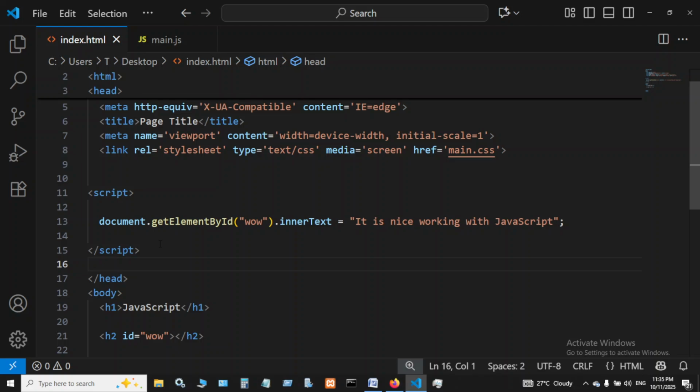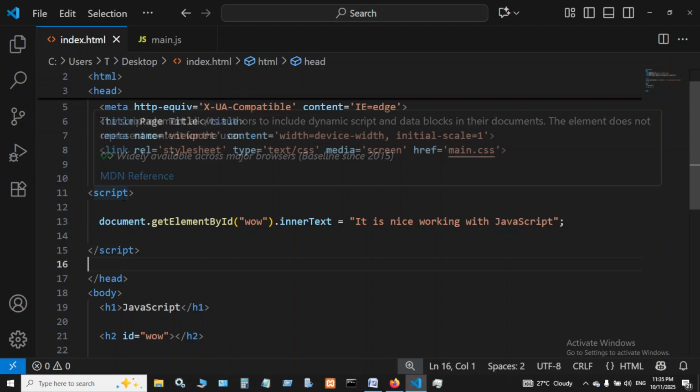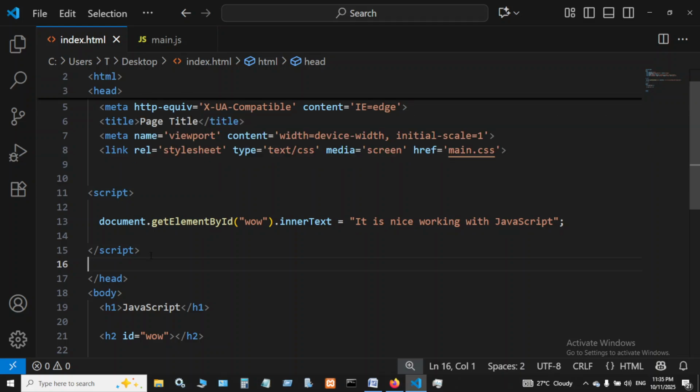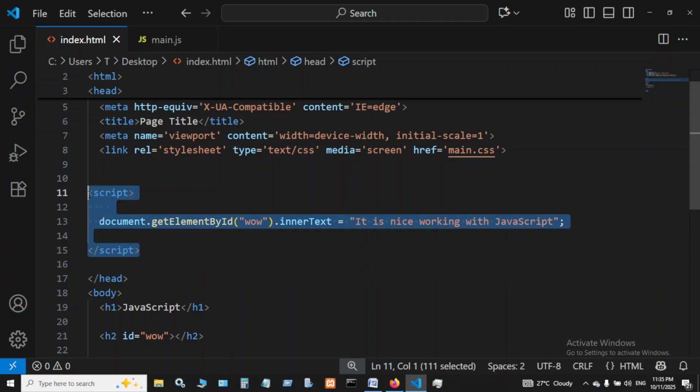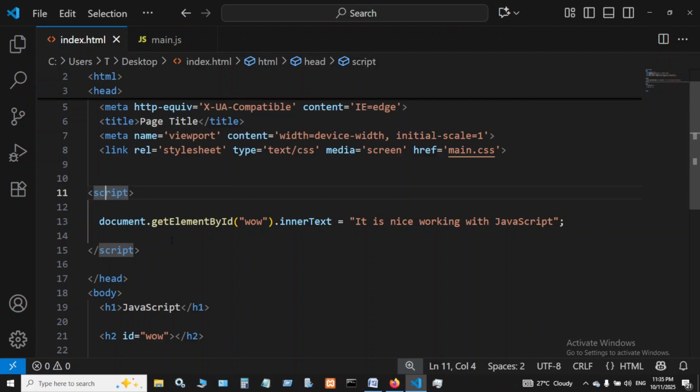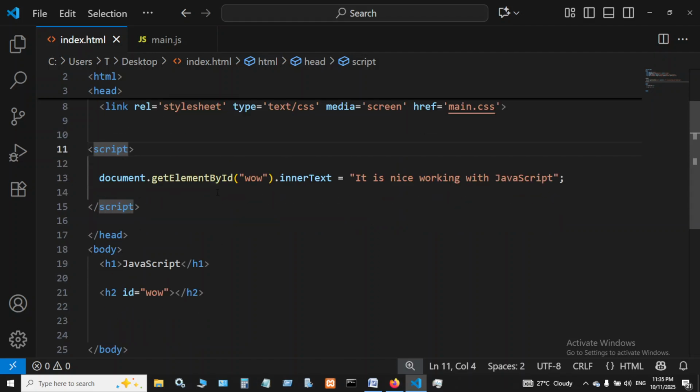So that's all I have for you guys for now. And there's another way you can write something to the screen using the script tag also. Maybe that can also make it work, but I have not tried it yet. I'm going to show you. But this one, make sure you have it on your mind anytime you are using the script tag. If you are going to use it at the top section, you are going to use it with a function. But if you are not using a function, you are going to use this direct